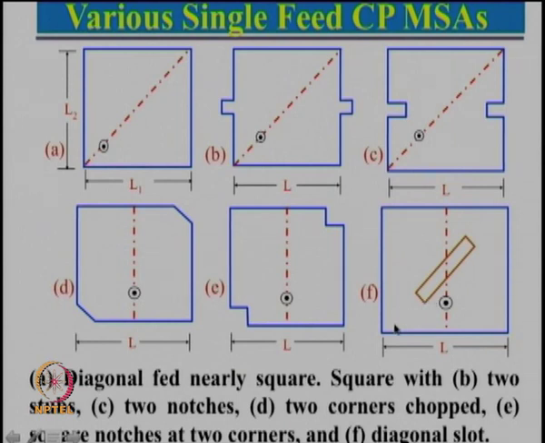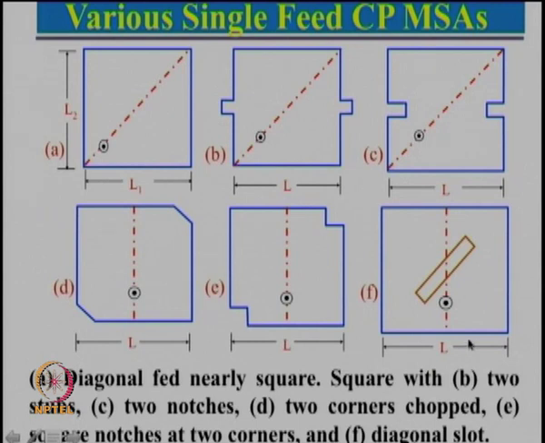So, now what happens, this diagonal length will be going like this and reaches here, whereas this diagonal length now will be going like this, going around and then coming back here. So, that means now the two diagonal lengths are different and we feed in between. So, this is minus 45 degree, this will be let us say plus 45 degree, between the two phase will be 90 degree. So, it will give circular polarization,